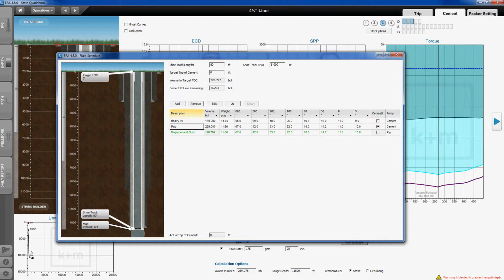And unfortunately, the schematic is a little bit misleading, because the gray area that looks like cement, in our case, is really just mud. It's the mud that will push that heavy pill out of the hole. And by telling it in the scenario that my target top of cement is at surface at 0 feet, it back calculates for me, okay, if you're going to displace this heavy pill all the way out of the hole, then I would need a cement volume of at least 230 barrels. So I just modify my cement volume. You notice over here it's checked cement to 229 barrels, which brings the trailing edge of the spacer out of